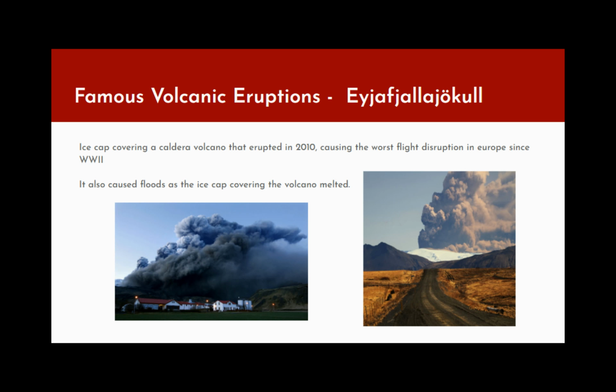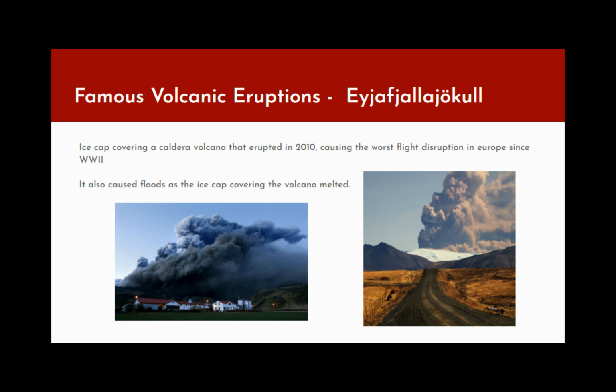So an ice cap covered a caldera volcano. Our caldera volcanoes are the ones that had exploded in the past and had that big tub underneath it. But it's Iceland, so an ice cap formed over top of it. So volcano, ice sheet, exposed earth. So eventually, that's really small font. In 2010,